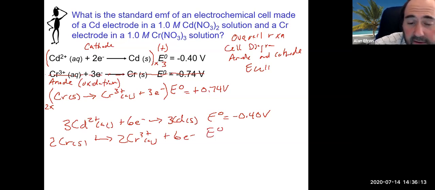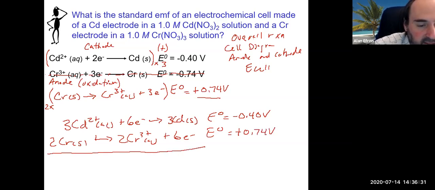Now the E value on this one is also not going to be affected by multiplying by 3 in this case, or 2 in this case. And it is, though, going to be affected by what we did earlier, which is flip it. So this is going to be positive 0.74 volts. This means that when we add these two half reactions together, which is what I asked for, the electrons should cancel like a normal